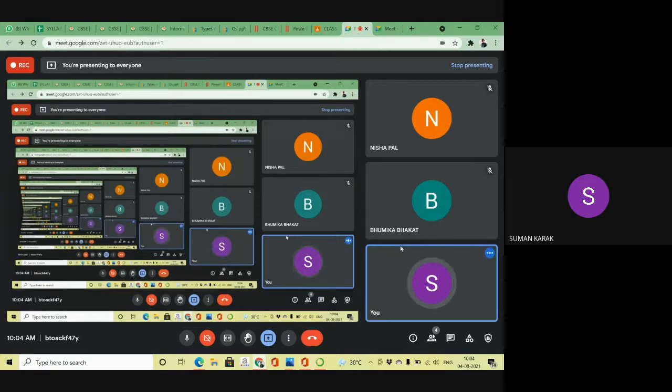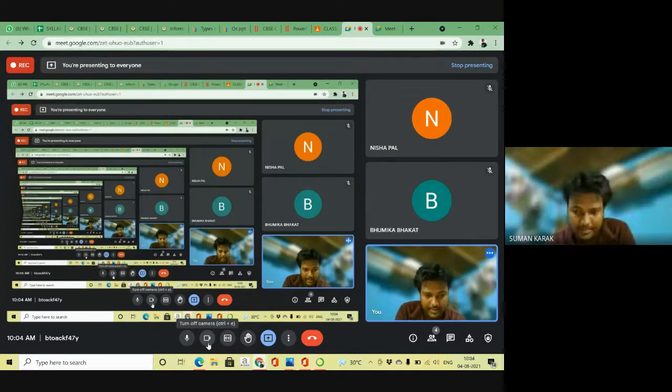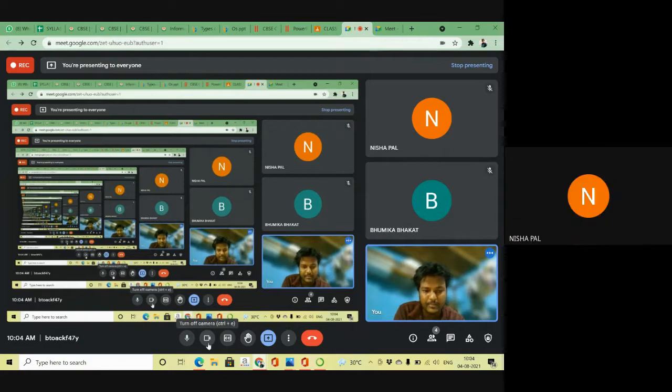If you apply any logic in your programs, if you compare any value, if you apply some mathematical operation, then the operator is very important. The operator is a very important part. Try to understand. Did you understand? Yes, sir. Okay. So the operator is very important.